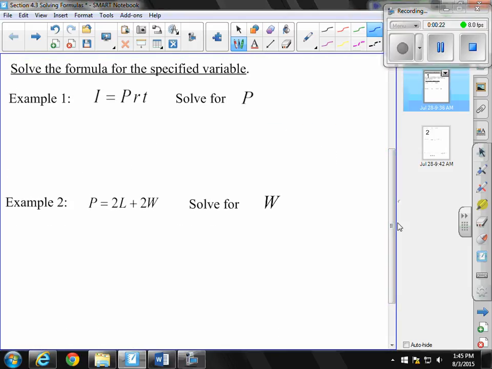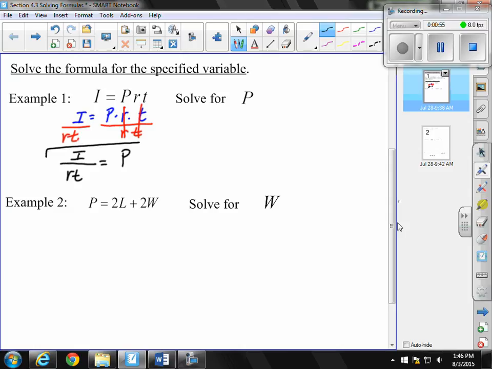In example number 1, we have I equals PRT. Remember, if there's no sign shown, it means we're multiplying. I equals P times R times T. To solve our equation with multiplication, we divide to move what we don't want to the other side. And in this case, we want the P to be by itself. R over R is 1, T over T is 1, and what we're left with is I over RT equals